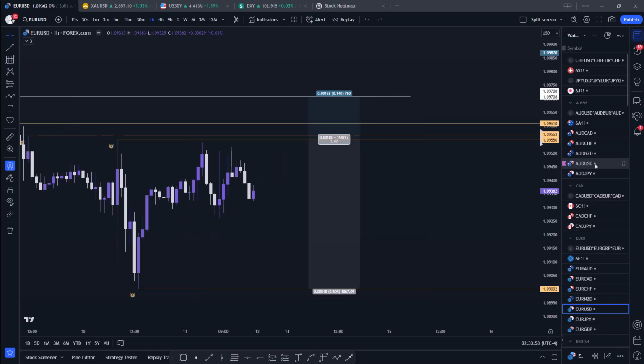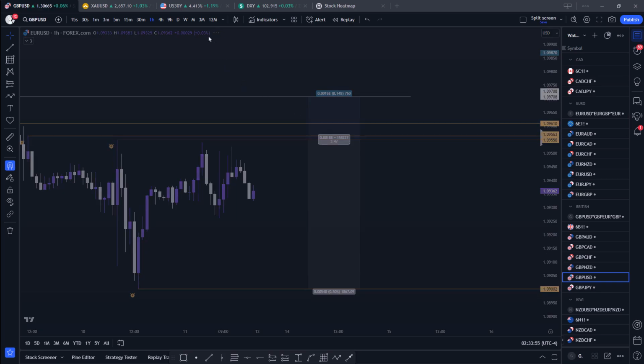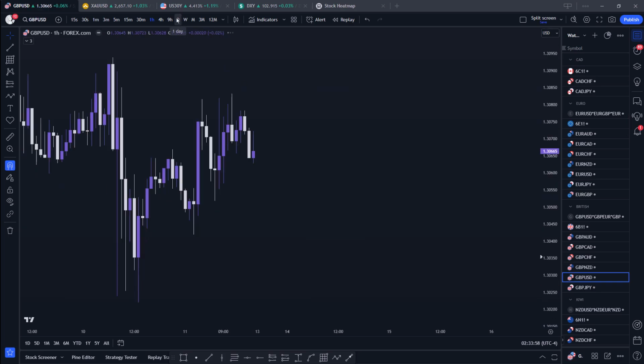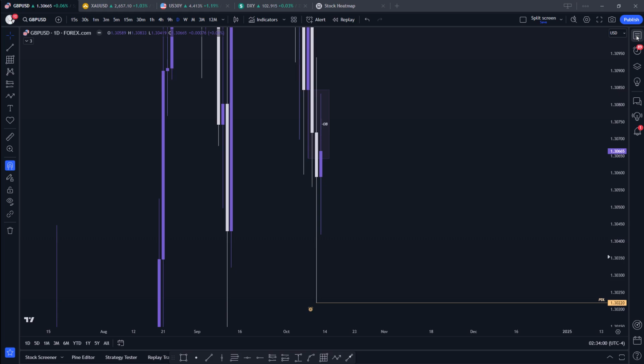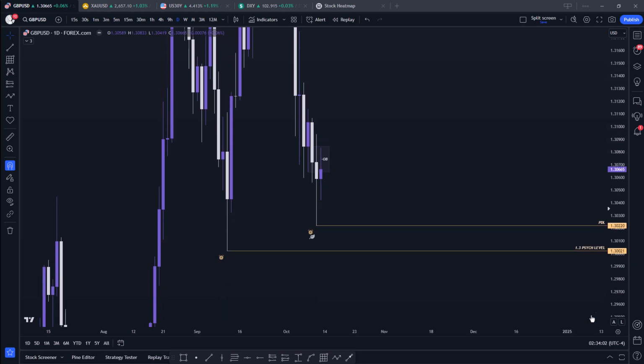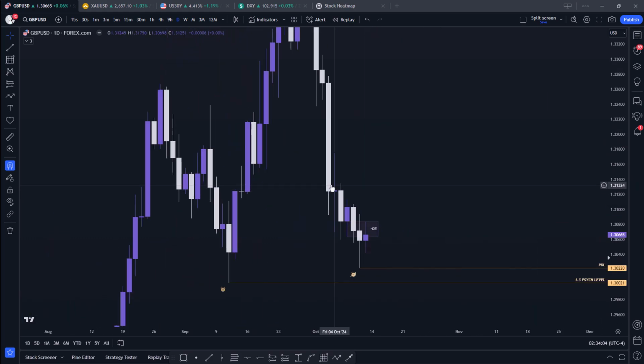Anyway, now moving on to GBPUSD. GBPUSD is interesting from the daily perspective because we are actually closer to that sell side liquidity than EU is. And here we do not have any inefficiencies. Remember when I mentioned that we had an SMT divergence with EU, where EU took a previous daily high,